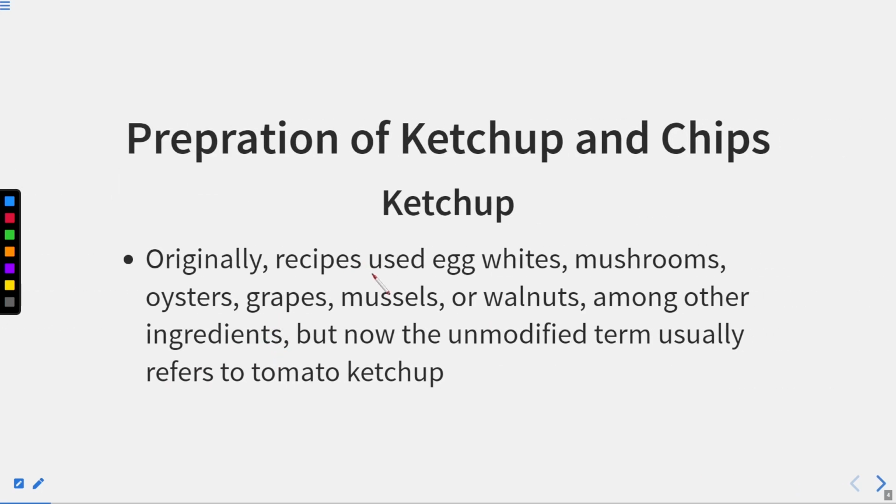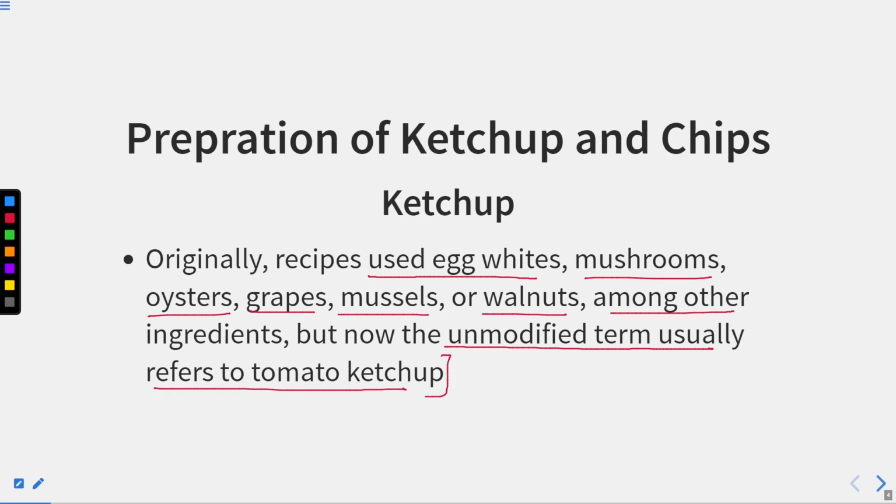Originally, the recipes used egg white, mushrooms, oysters, grapes, mussels, walnut, among other ingredients, but now the unmodified term usually refers to tomato ketchup. So many things were used. We used egg white even in that. Mushrooms are also used, oysters, grapes, mussels, walnuts. So these are some of the ingredients that were used in the preparation of ketchup, but it is simply called